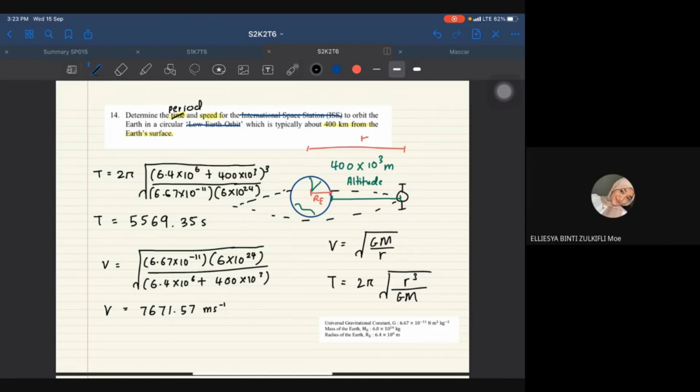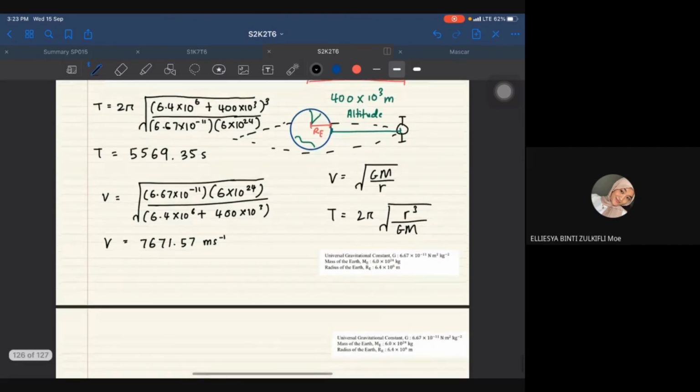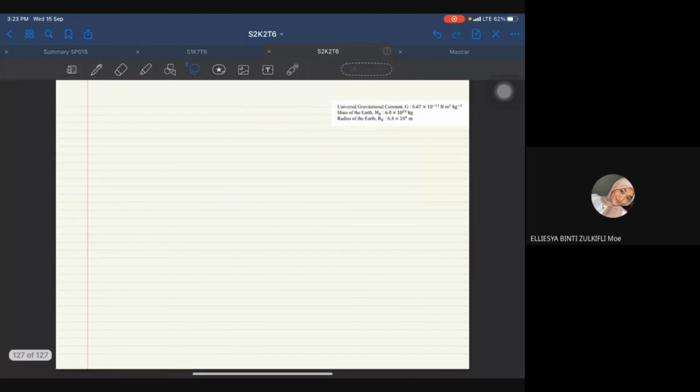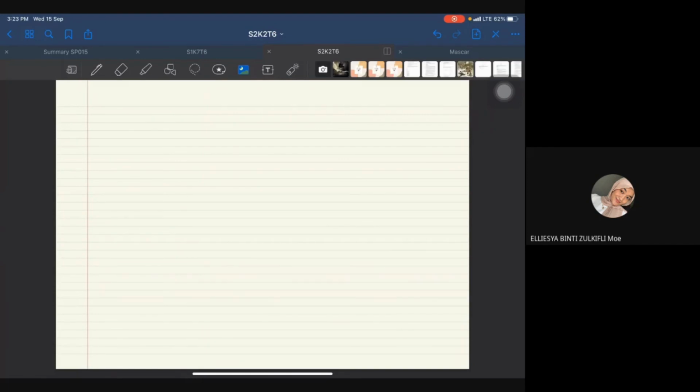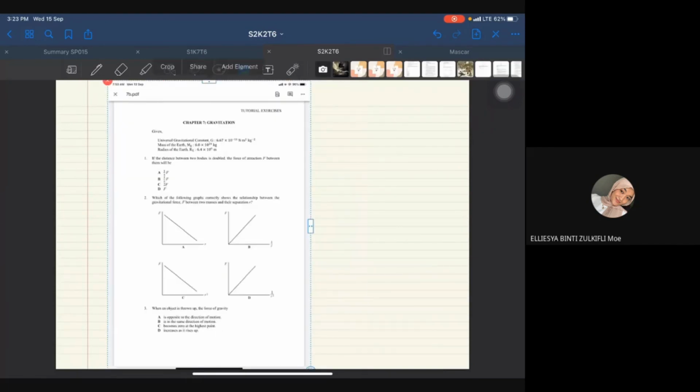Dapat, sir. Okay, before kita berhenti, saya nak bincang sedikit pasal objective question. Sikit je, ada 5 soalan. Okay, for objective questions,